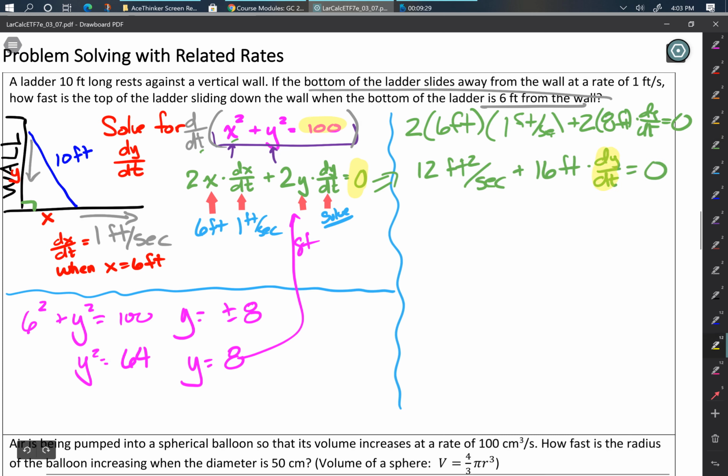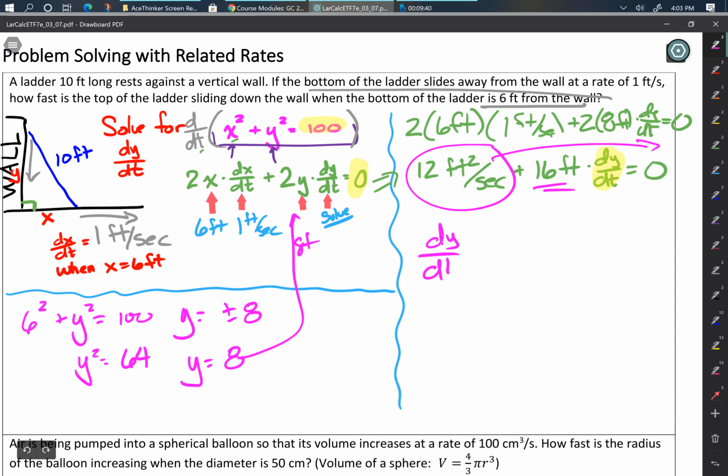Again, I'm solving for dy/dt, so I'm going to have to move this to the right-hand side, and then divide by 16. So that's going to give me that dy/dt is equal to negative 12 square feet per second divided by 16 feet,